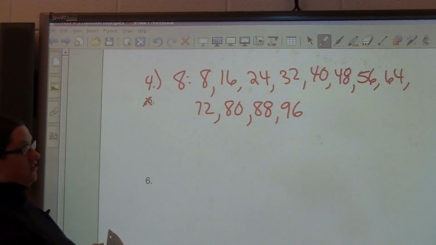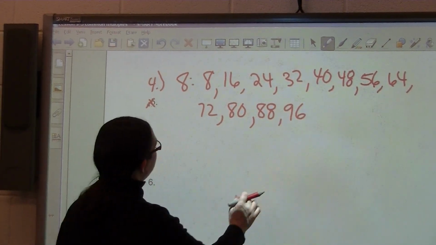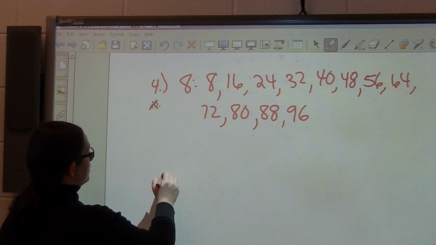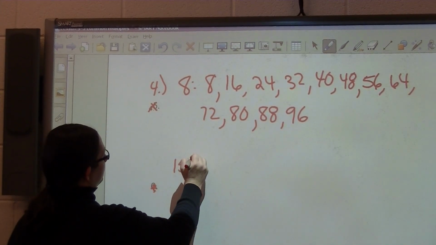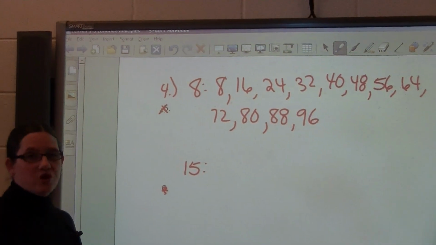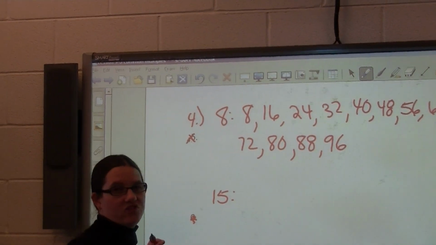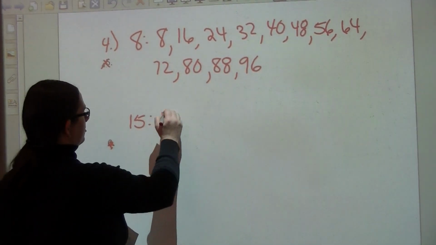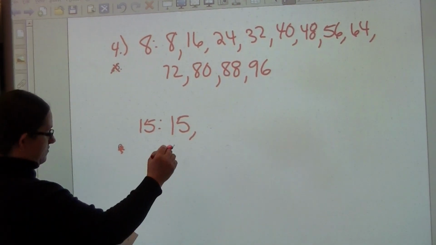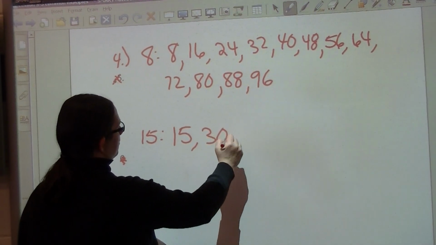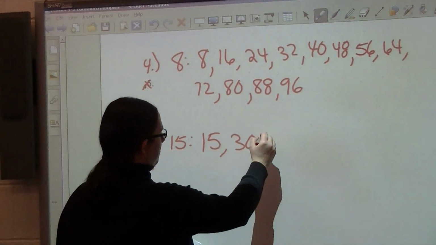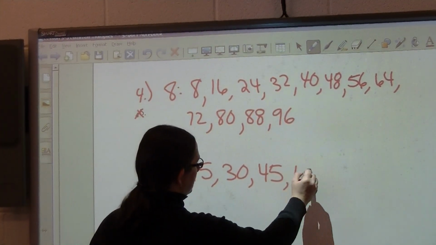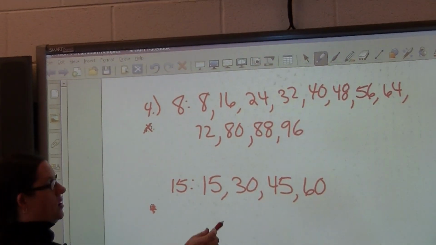Let's start now the multiples of 15, but leave some space for 8 because I'm telling you for practice purposes it's going to go further. Okay, so let's do our multiples of 15. And again now, yes, you can have calculators. Yes, parents, it's okay that they use this to help them. So we need to do 15 times 1, which is 15, 15 times 2, which is 30, 15 times 3, which is 45, 15 times 4, which is 60, and you will see yet, we keep going